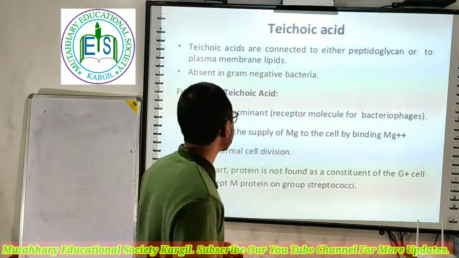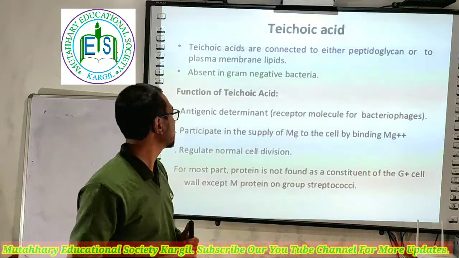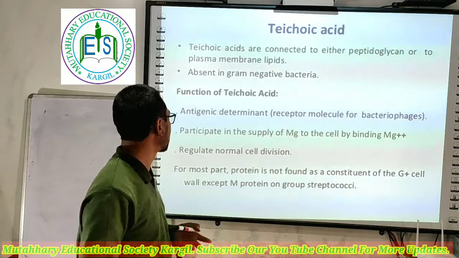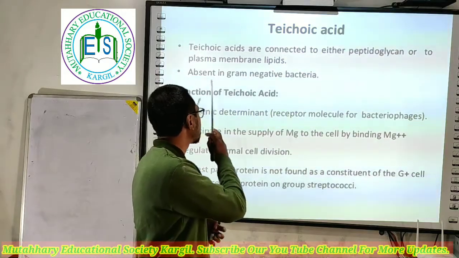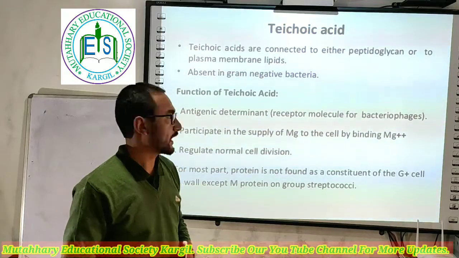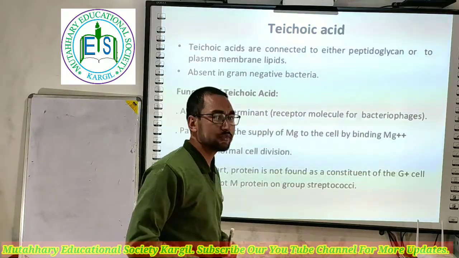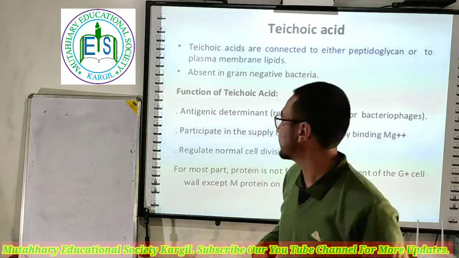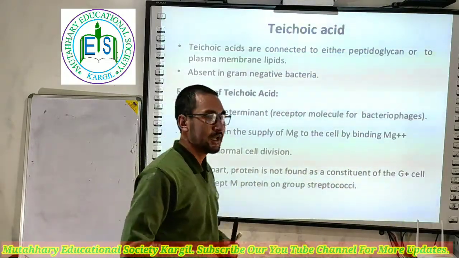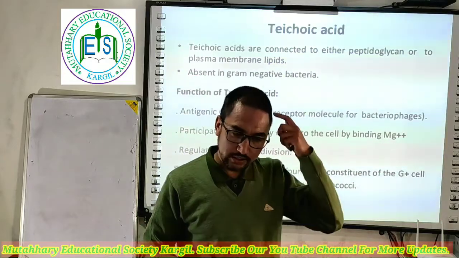So these teichoic acids are connected either to the peptidoglycan or to the plasma membrane lipids. Both of these are possible. This characteristic feature is absent in gram-negative bacteria. What are the functions of teichoic acid? Basically, it is an antigenic determinant molecule. Antigenic determinant molecule, that means